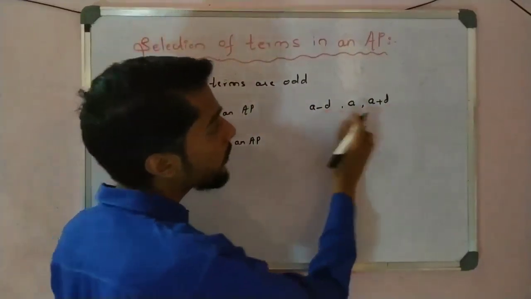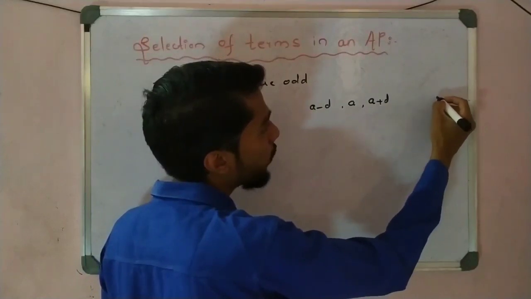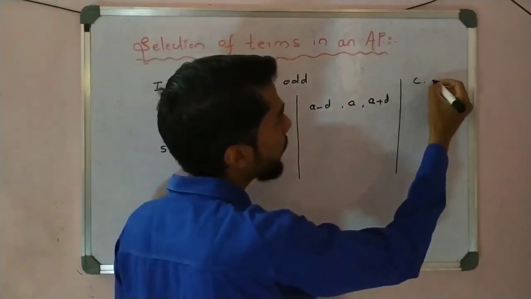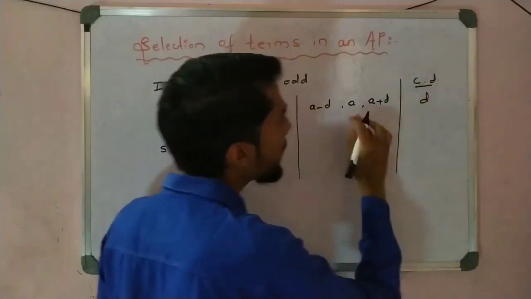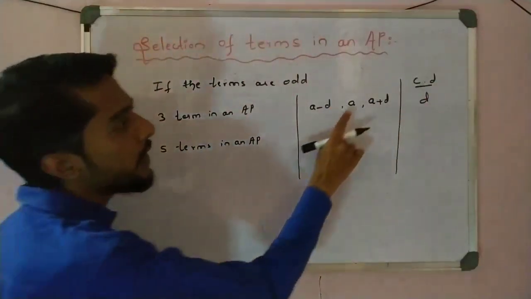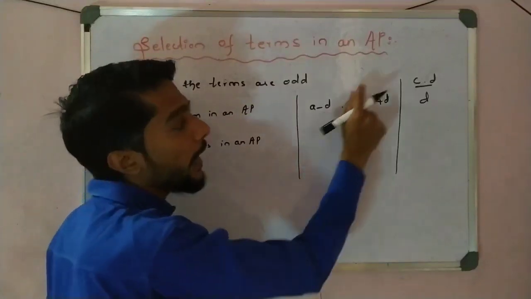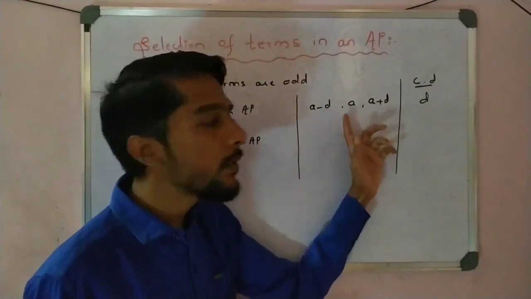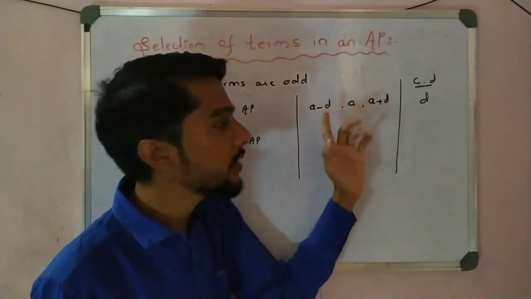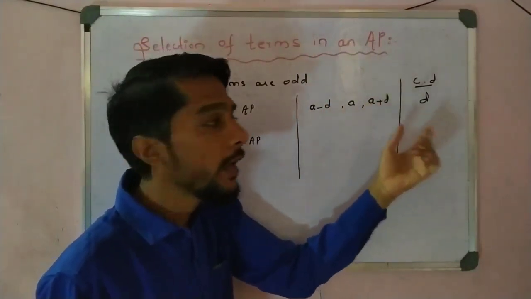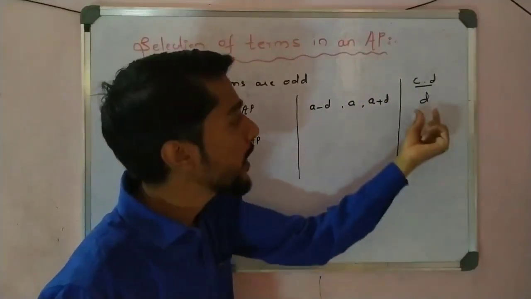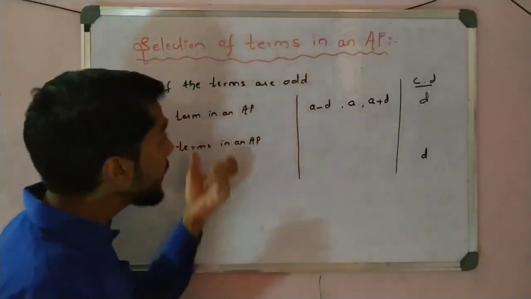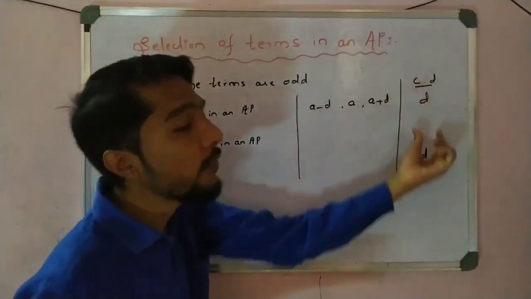Here we observe that I take a difference, and the difference is the common difference, that is d. The center is a, this side is a plus d and this side is a minus d. Why do I take a plus d and a minus d? Because the d's get cancelled, minus and plus cancel, and we get a. So it is easy to find the value of a. That is why I take the difference d. In the case of odd terms, the difference is d.